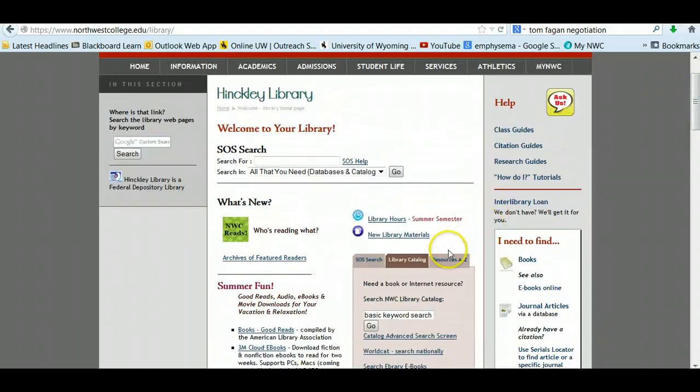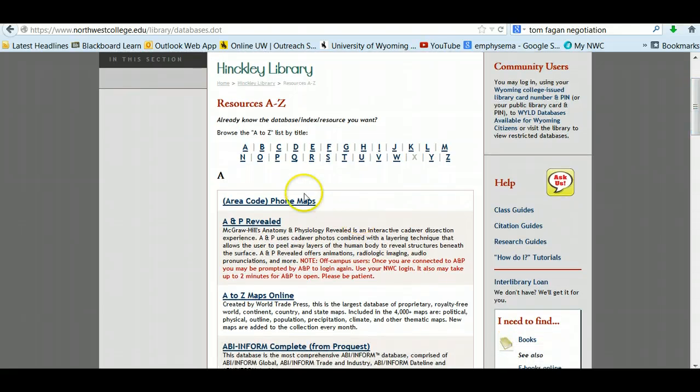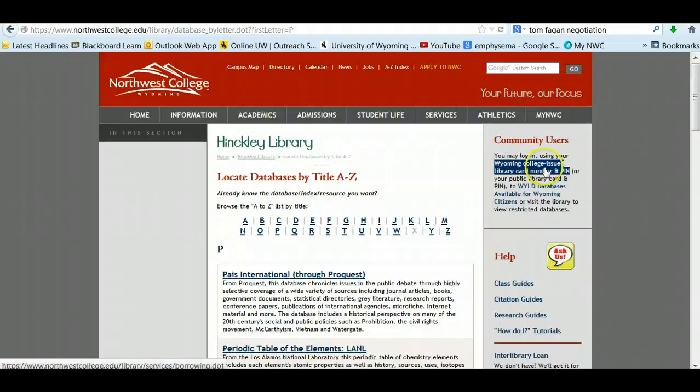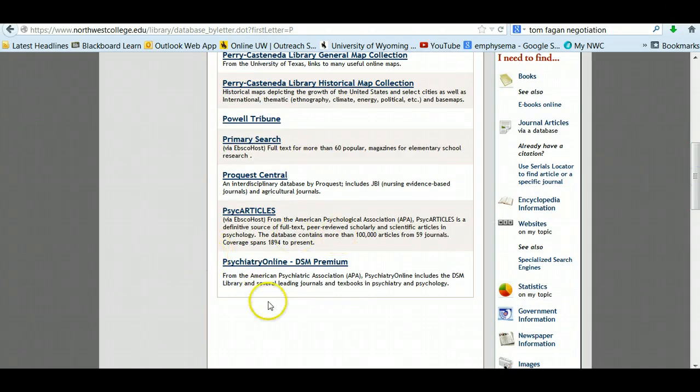Then, this tab right here, Resources A to Z, sometimes if you're on campus, it'll be like the first thing up here as well. But if you're off campus, you need to find this right here. Click on Resources A to Z. And this is a nice page to navigate the library if you know what you're looking for. Then you click on P, because the database that we're going to use is called Psychiatry Online DSM Premier. Alright, so you click on this,